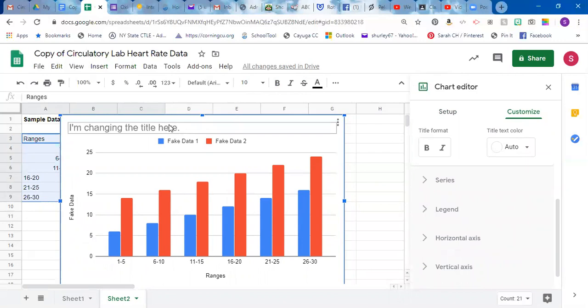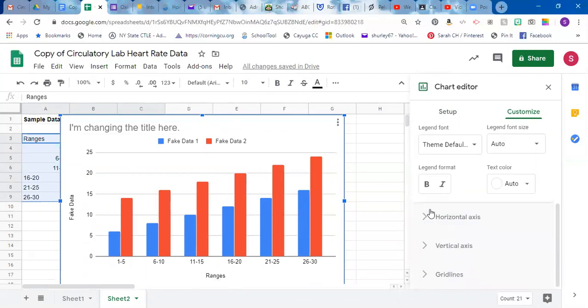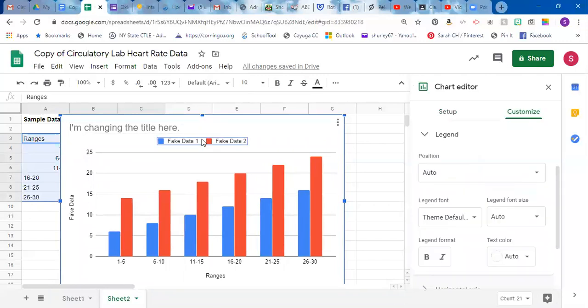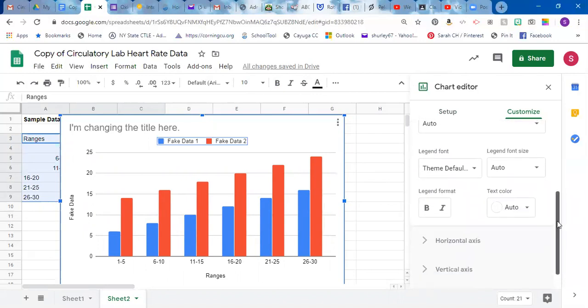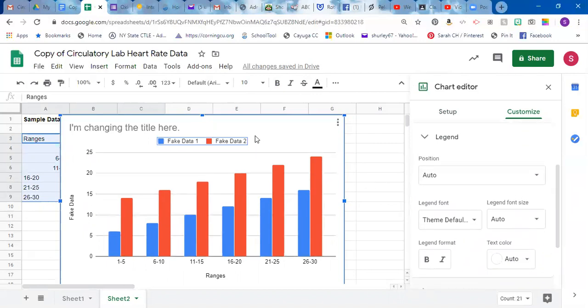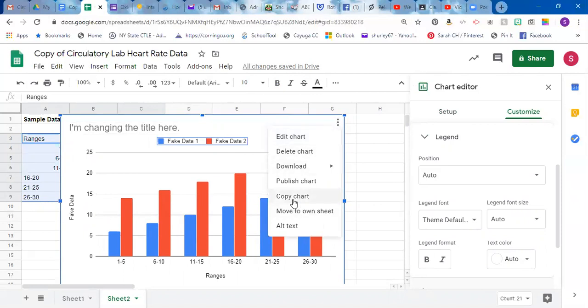So you want to check to make sure your graph includes a title, a y-axis label, and an x-axis label. And then you also want to make sure that your bars have a key. So that popped up automatically for me. So you could probably go into Legend and play around with that and change it if you want, but it should be right from your headings, so I don't think you'll end up needing to change it really. Okay, so then from there, you're just going to click on these 3 buttons, copy the chart,